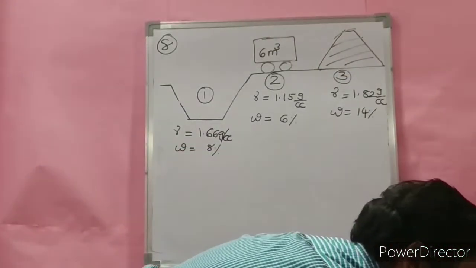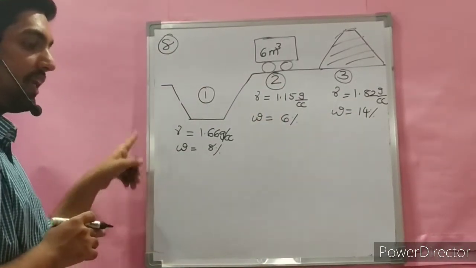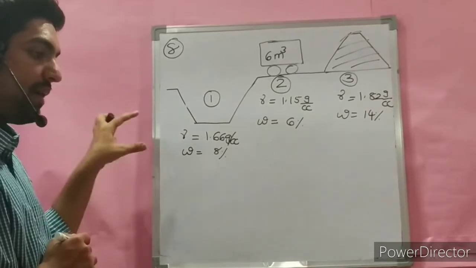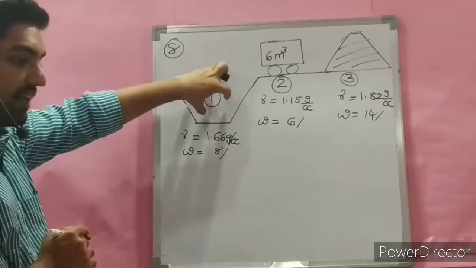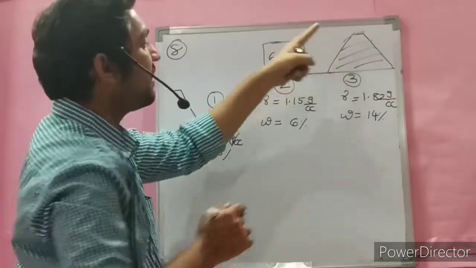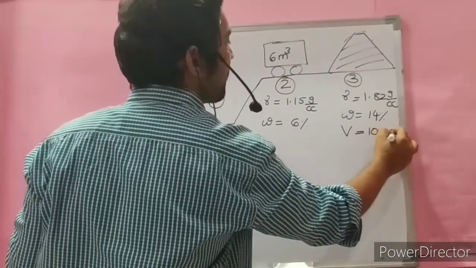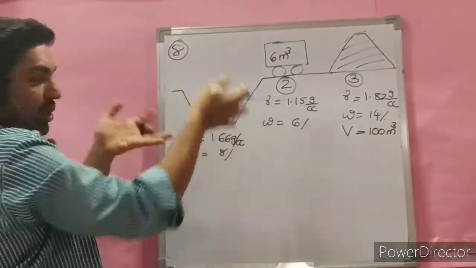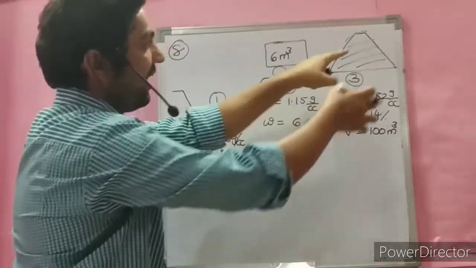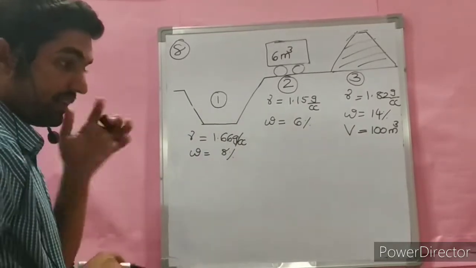What you need to find is, with water content in percentage and gamma in gram per cc, to estimate the quantity of soil to be excavated from this pit for an earth fill of volume V equal to 100 meter cube. What is the volume of soil to be excavated and carried through this truck, for a fill volume of 100 meter cube? This is the first question.